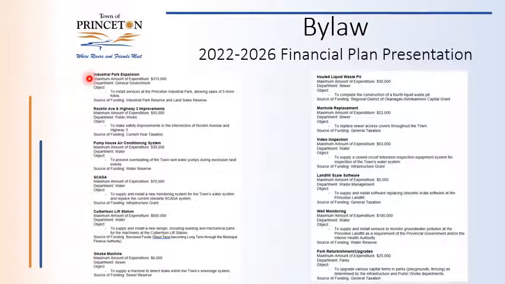More of our projects: industrial park expansion. This will install paving and systems to allow 5 more folios at the industrial park. Our industrial park is sold out, and the demand for industrial land for employers is still strong. So this will install 5 more and complete the current phase of that industrial park in preparation for the next phase, which will be coming in future years.